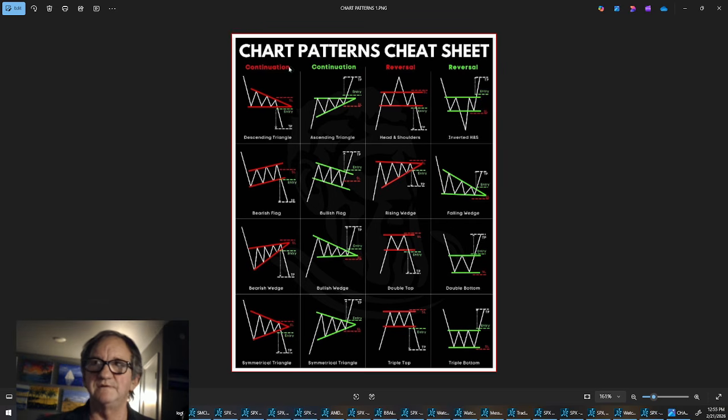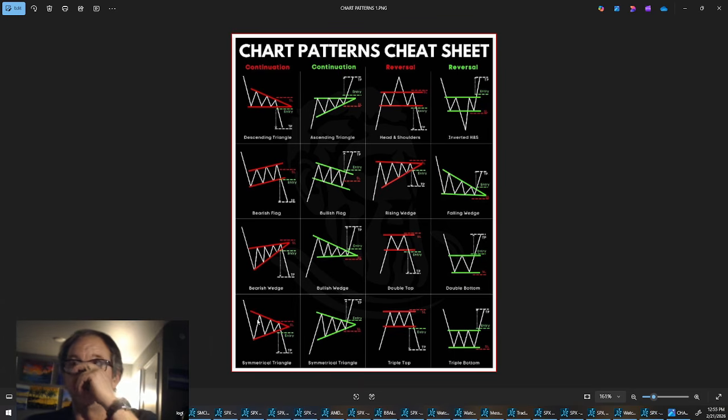So let's say you're having a continuation going down. That's a straight out descending triangle. 1, 2, 3, 1, 2, 3, 4, and it drops on down. Then you have a bearish flag, same kind of repetition. Right when it gets to that 3 and 4, if it doesn't break out at that point, that's the time you need to go ahead and get rid of your security, or maybe add on in the trade